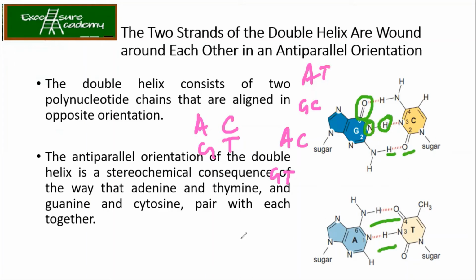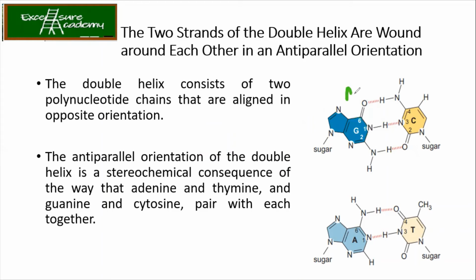But once you align A and C, the problem is that both amino groups come together. So in the case of A, you have got the amino group present over here. So what will happen? Both hydrogen bond acceptors are coming together and donors are coming together. Are you getting the point? It is not the combination of acceptor and donor, and that's why the hydrogen bond is not able to form.